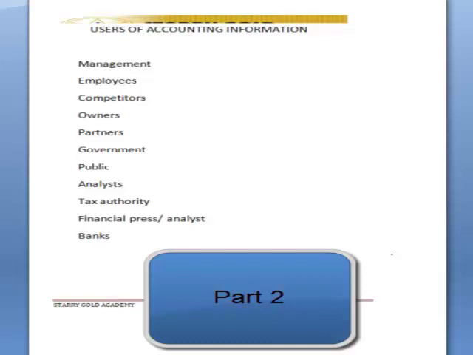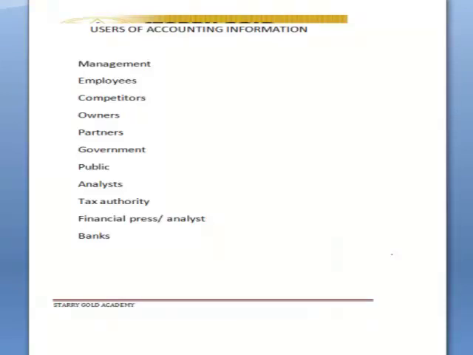We want to quickly look at the users of accounting information. That is what we generally know as stakeholders. Right here we have about 11 users, and when I pick one, I will talk intensively on each of them. After which we are going to classify these users where they belong, because they can further be classified into internal or external users. We'll be doing that, but let's look at each of these.